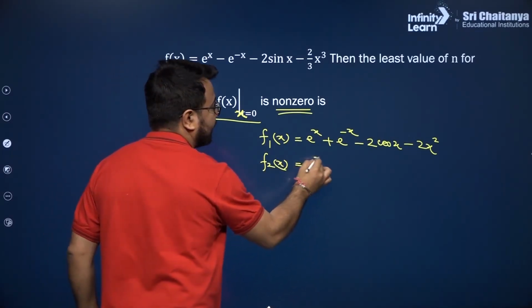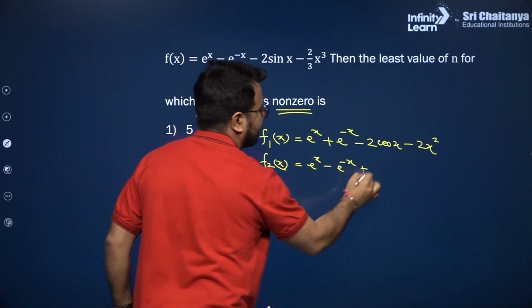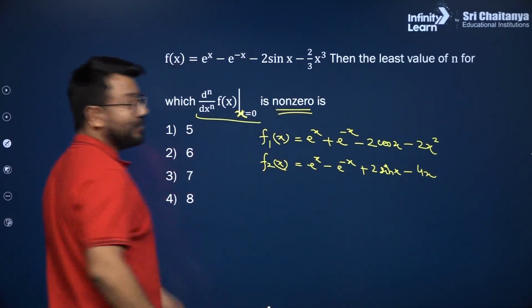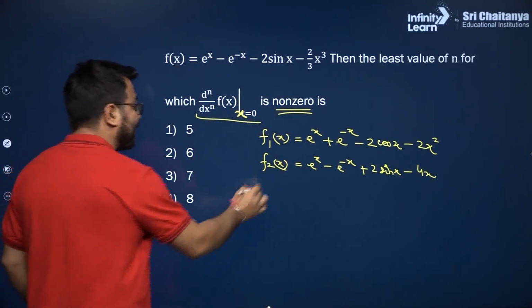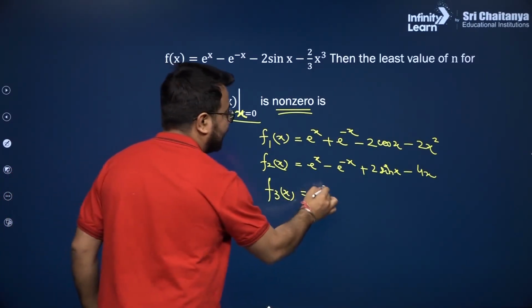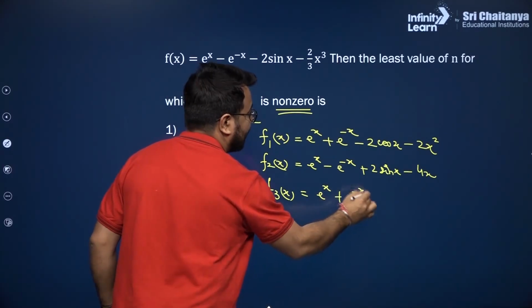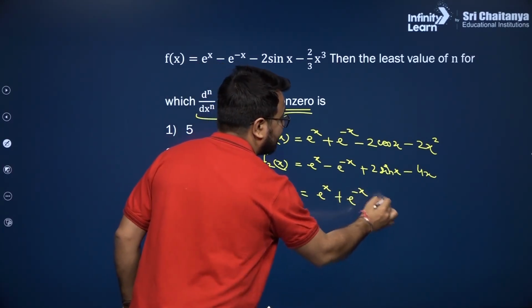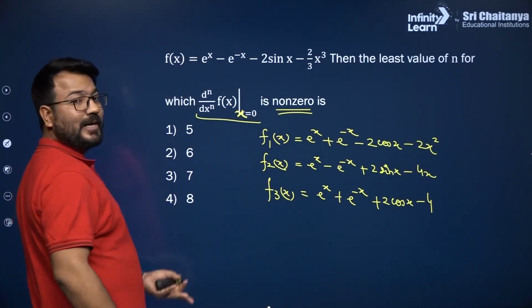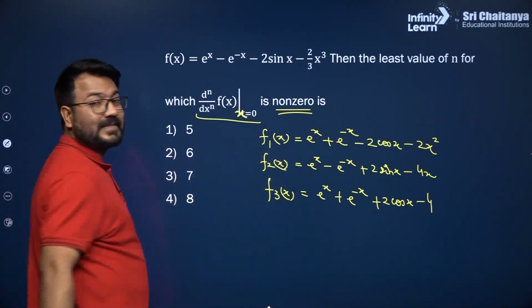It will be e raised to the power x, e raised to the power minus x, then 2 sin x, and then it will be 4x. I hope this is also clear to you. So then I am again differentiating it for f3. So it will be e raised to the power x, plus e raised to the power minus x, then we will have plus 2 cos x, then here I am having minus 4. If I put the value of x as 0,